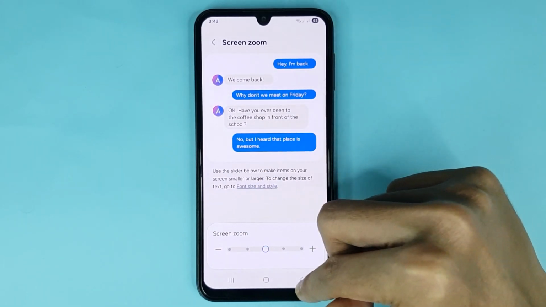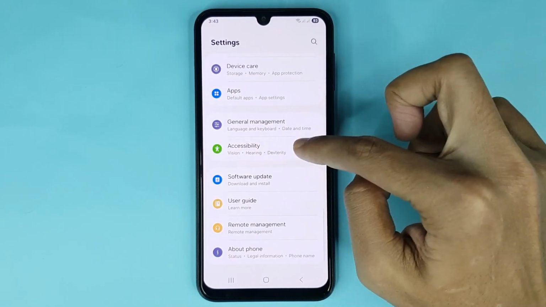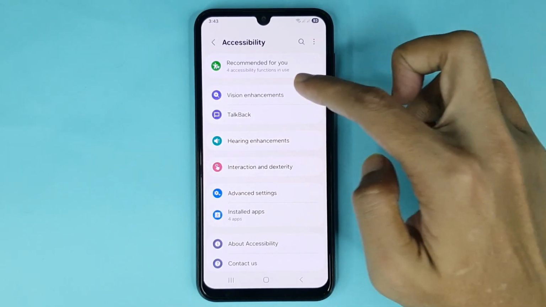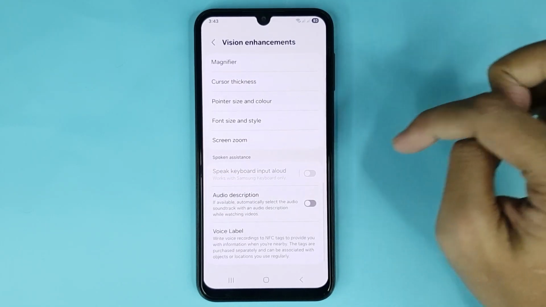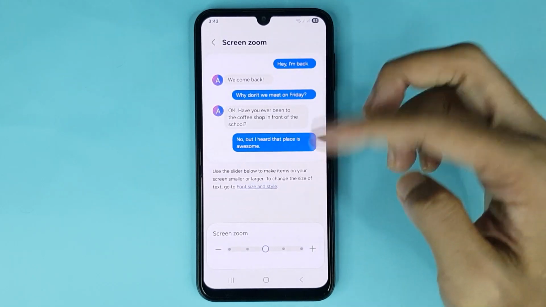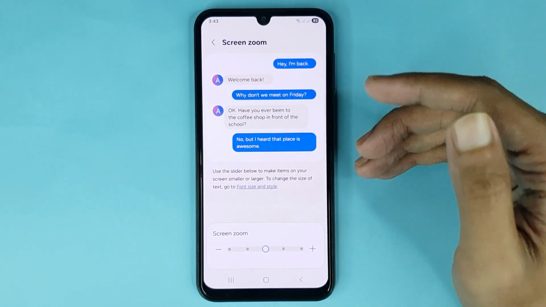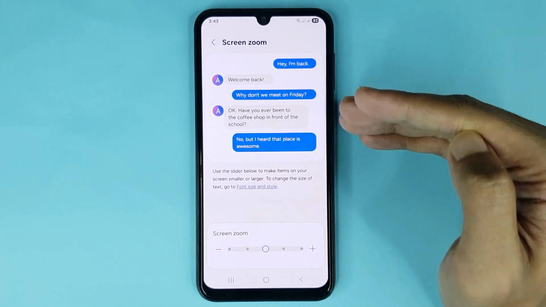Now if you cannot find this option here, just go back, then scroll all the way down, go to accessibility. After that go to vision enhancements and then scroll all the way down and that's it. You can also find screen zoom option in accessibility and you can also zoom in or zoom out your screen from here. And that is how you can change screen zoom in your Samsung Galaxy